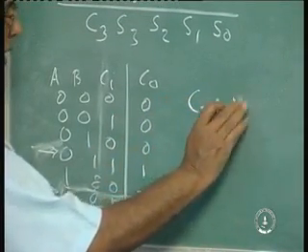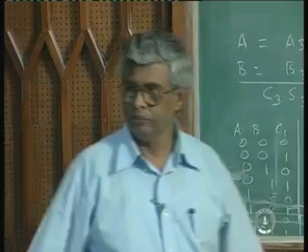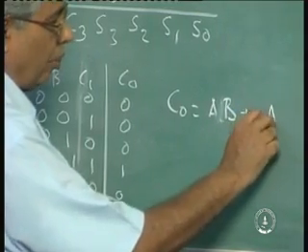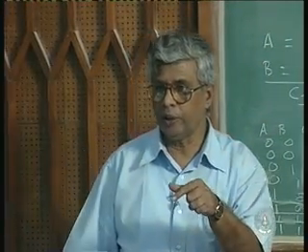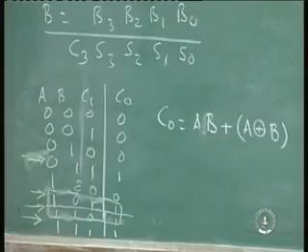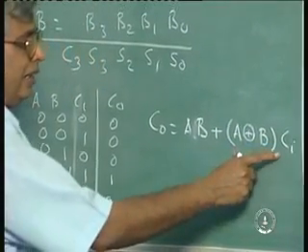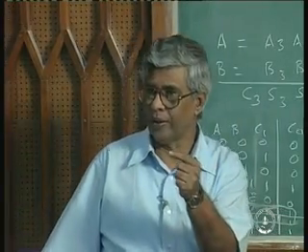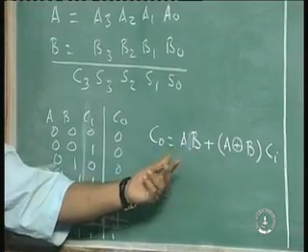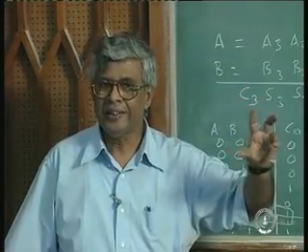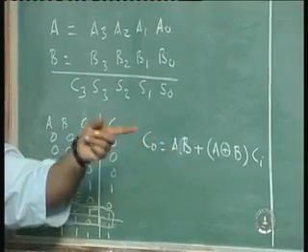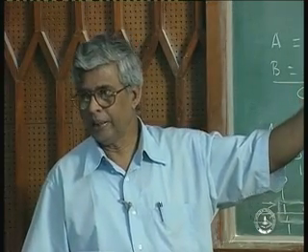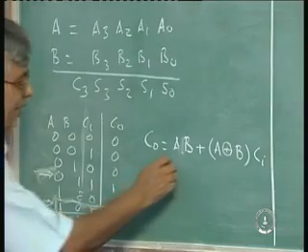If both A and B are 1, the output carry is 1, or when A exclusive OR B is true, but only when Ci is 1. So A exclusive OR B and Ci is one condition at which output carry is 1. A and B being 1 is another condition for which output carry is 1. So there are 2 conditions. Look at A and B, and the moment they are 1, you put a carry condition, or look at A exclusive OR B and see if Ci is 1; if it is 1, make it 1, if it is 0, it is not. So this is called carry generate. Carry is generated